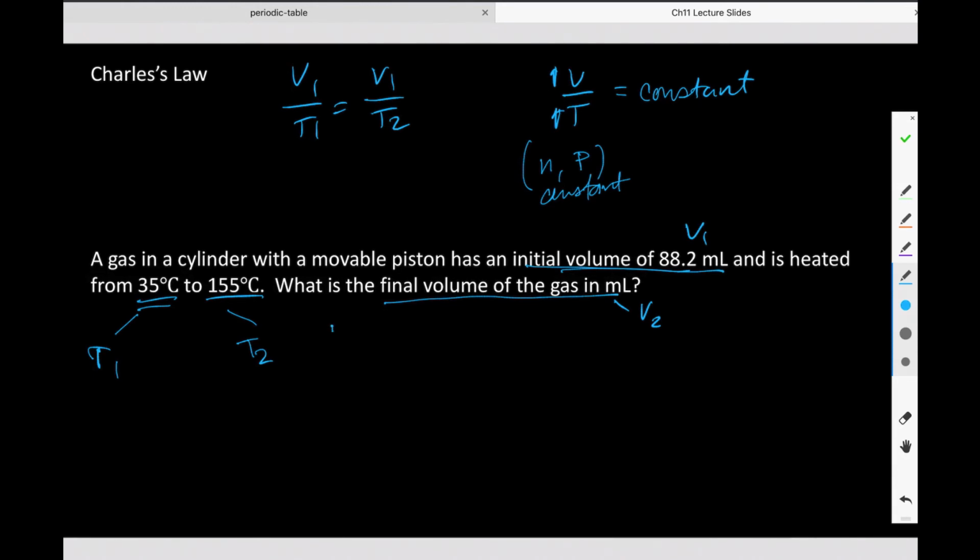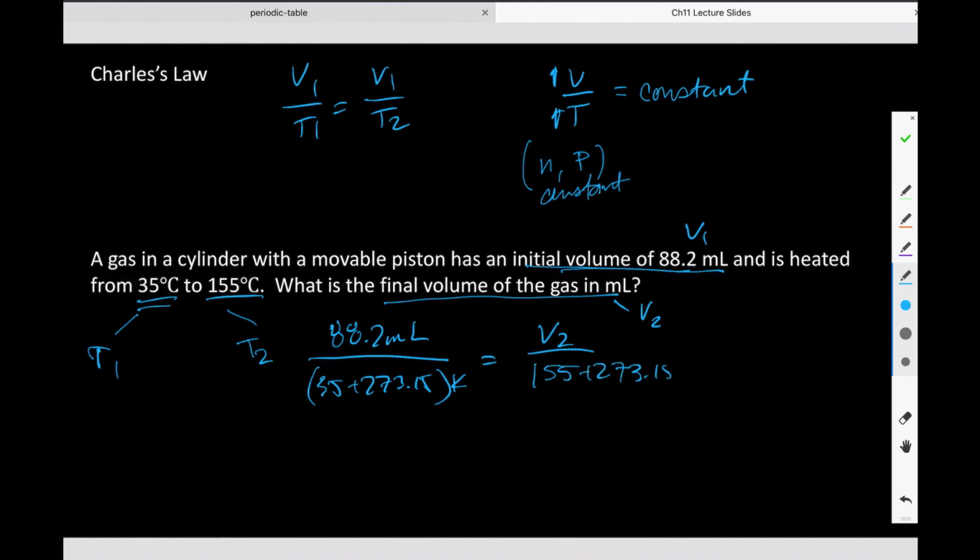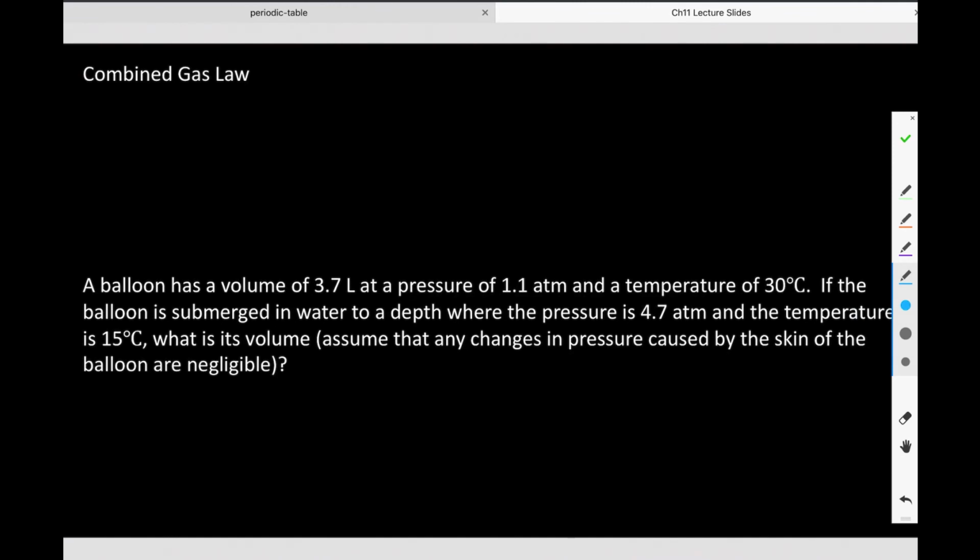So we have V1 is 88.2 mL over my T1, which is 35 plus 273.15 Kelvin, is equal to V2 over 155 plus 273.15 Kelvin, yes? And then we would solve for V2. Yes, makes sense? All right, next up, combined gas law, where we take those two and we just put them